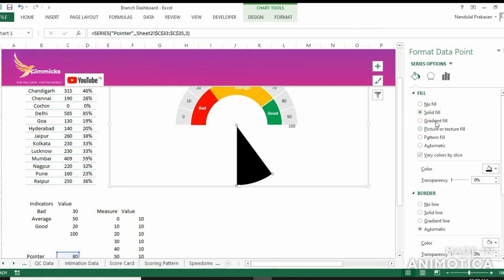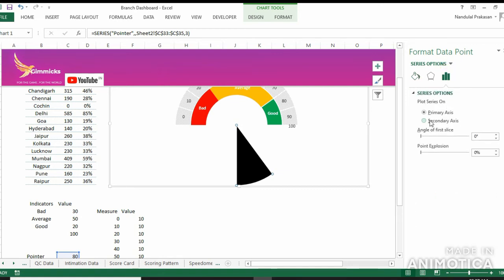Great. You can give whatever color you want. I'm selecting blue, so it gives you proper display over the numbers. Let's select it as secondary axis and the angle of slice as 270.